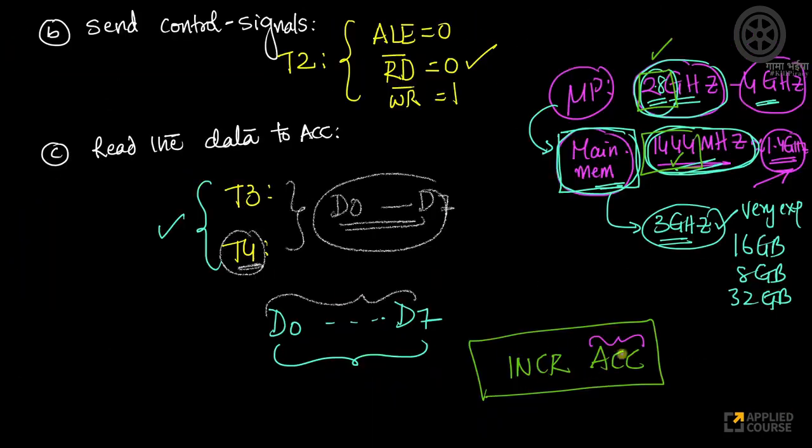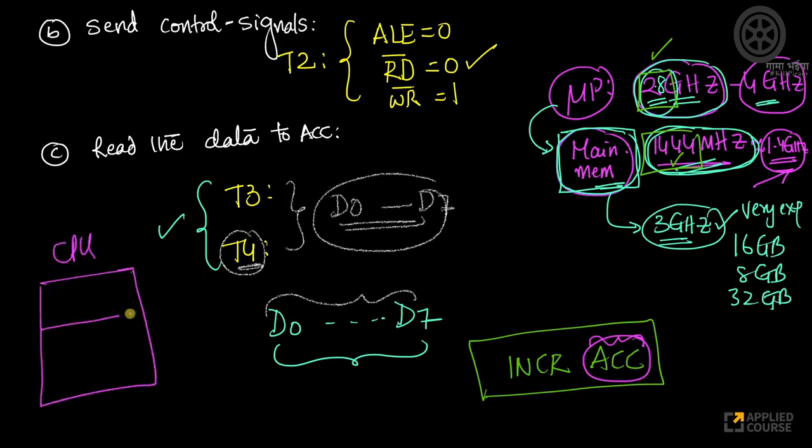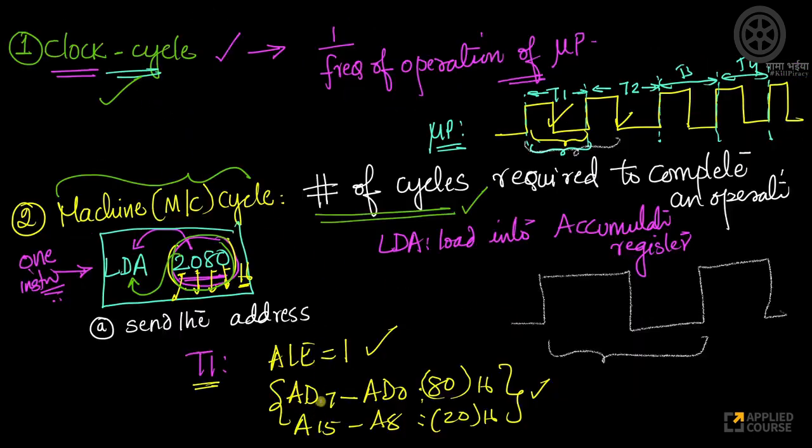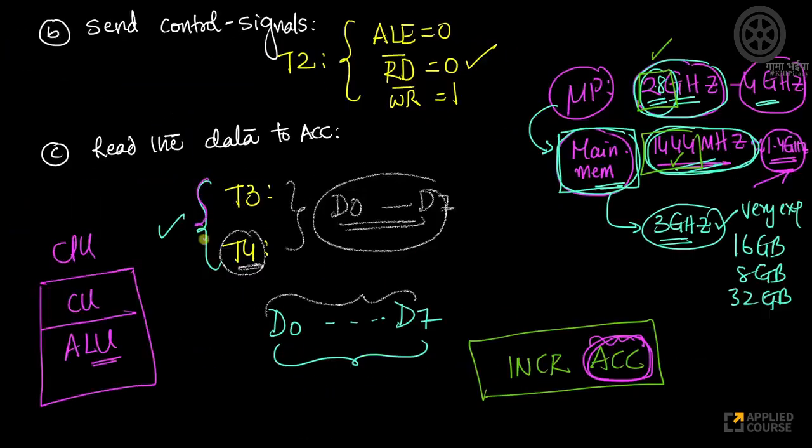Because the data is already present in the accumulator, incrementing it doesn't require me to read data from the RAM. The data is already here, and I want to increment this. The CPU broadly has two units. One is called the control unit, the other is called the arithmetic logic unit. The arithmetic logic unit performs all arithmetic and logical operations. So this incrementing of the accumulator can be done in far fewer than 4 cycles, because I don't have to wait for the RAM to send me